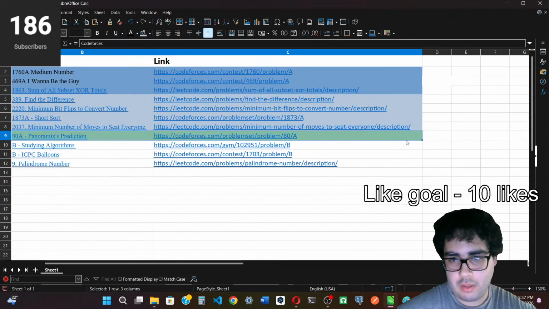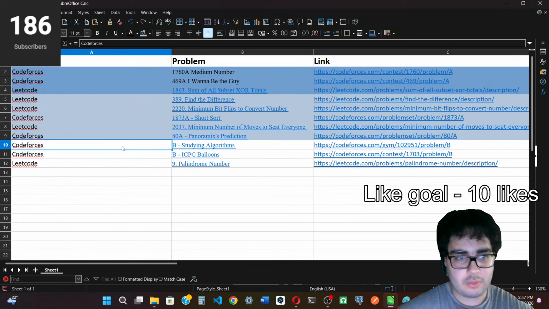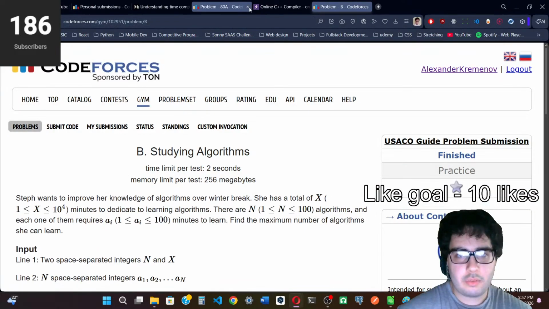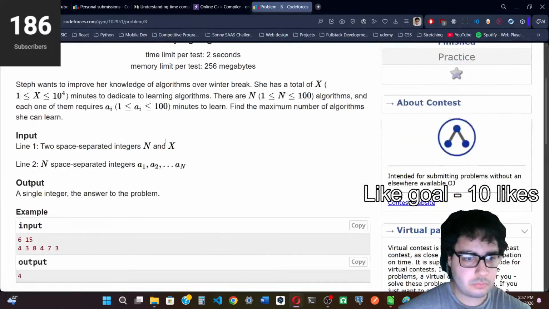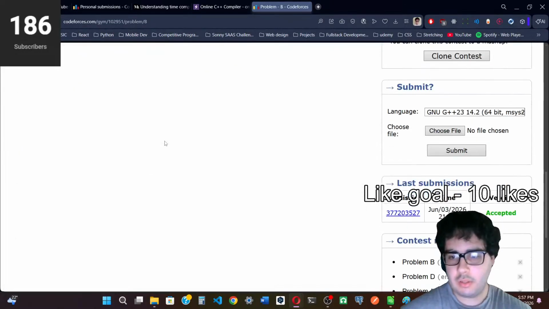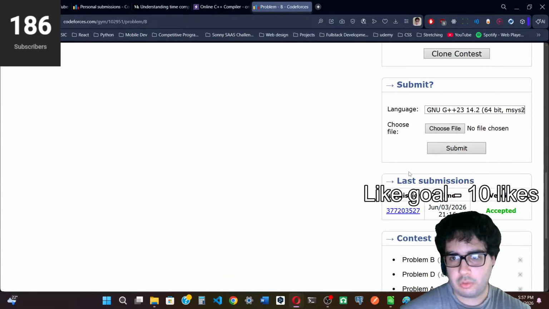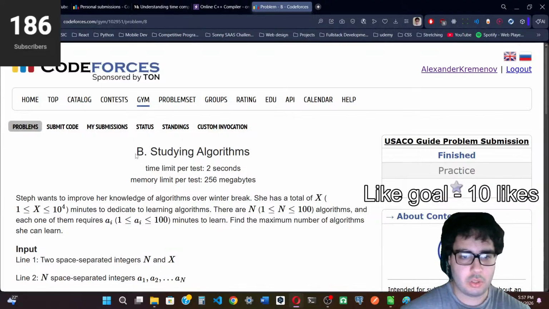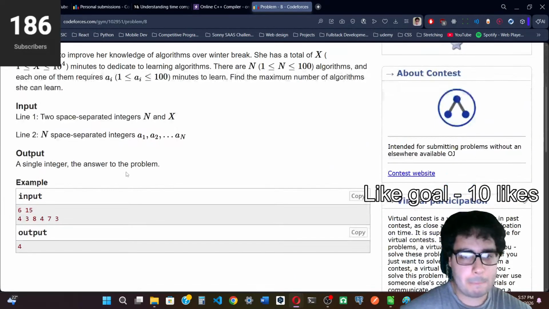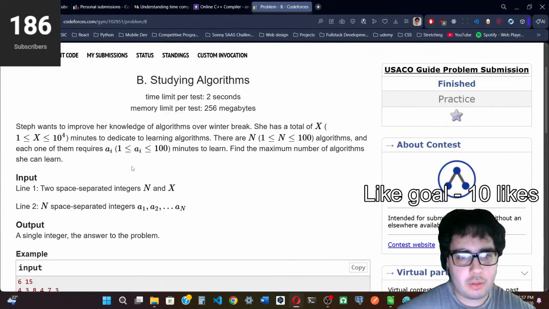That's it for that one, and I think we're going to go over one more, and then that's going to be it. So this is going to be the last one for today, studying Codeforces, studying algorithms. This one is a greedy problem. There are no tags, but this one is a greedy question. So basically,